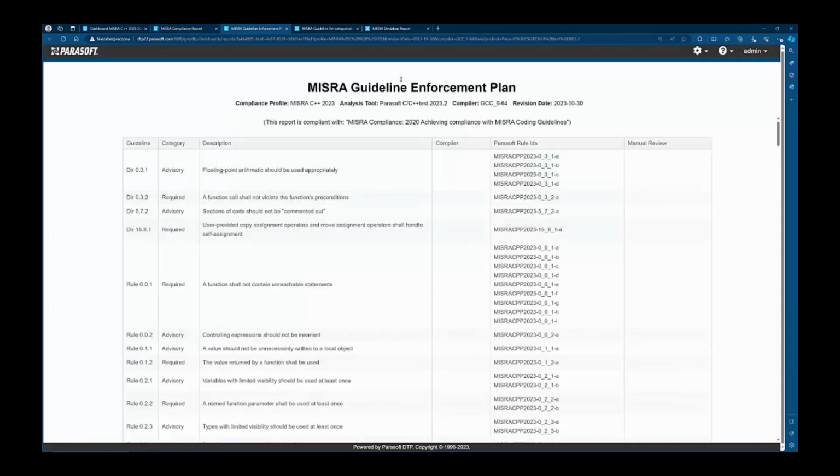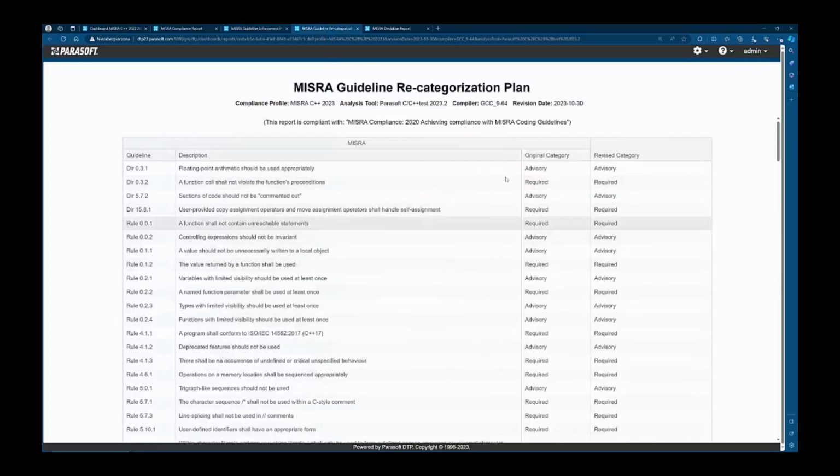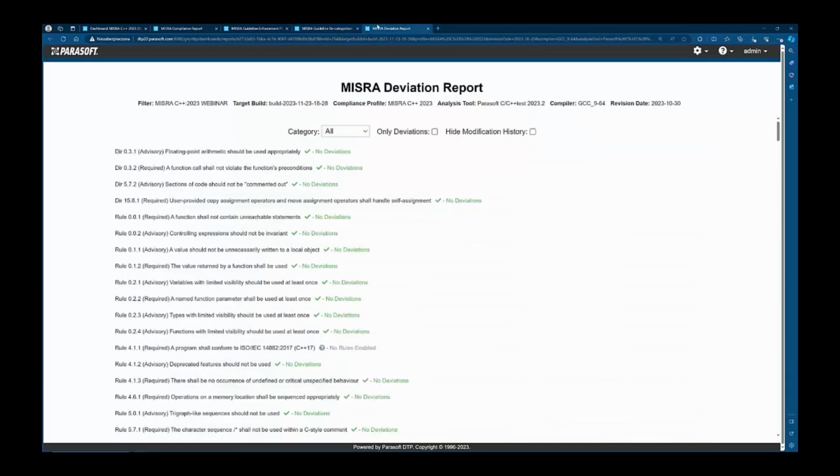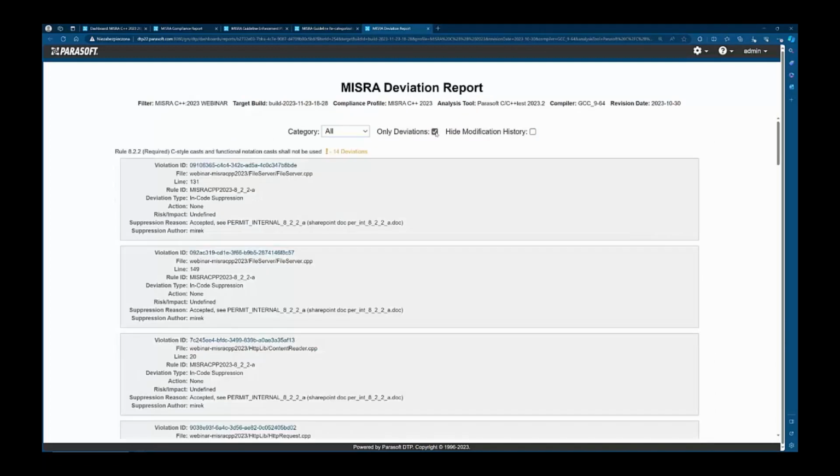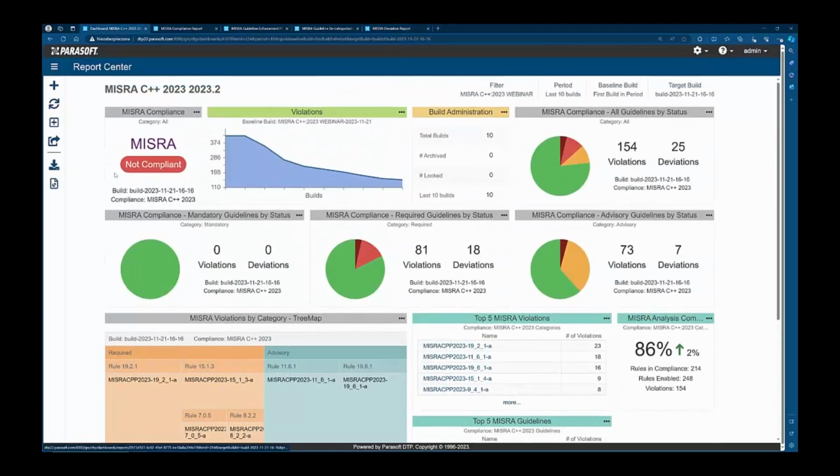Guidelines enforcement plan, which documents the technical means used for enforcing every guideline. Guidelines recategorization plan, which documents project-specific changes in the guidelines categories. And deviations report, which provides visibility into deviations added by developers. These reports are automatically generated in the system and they are ready to use for your audits.